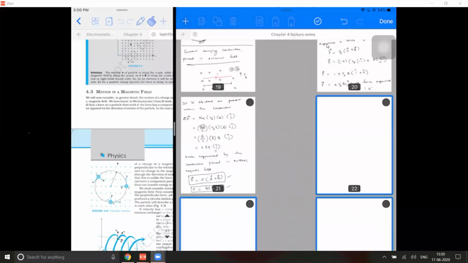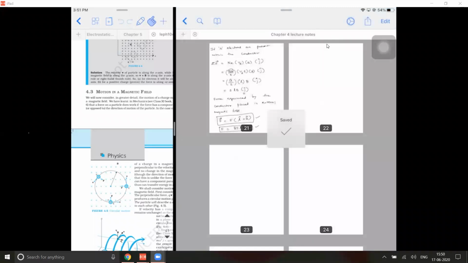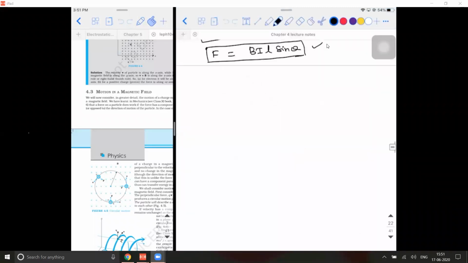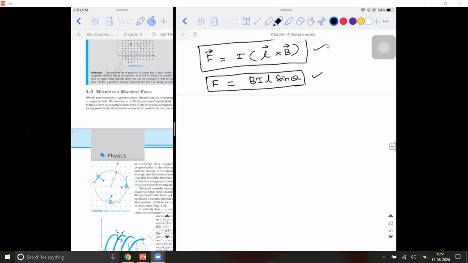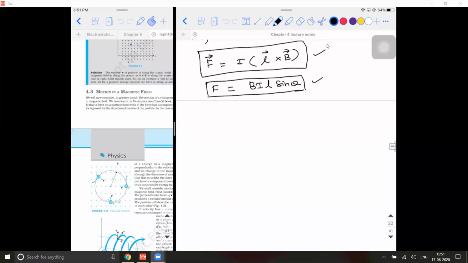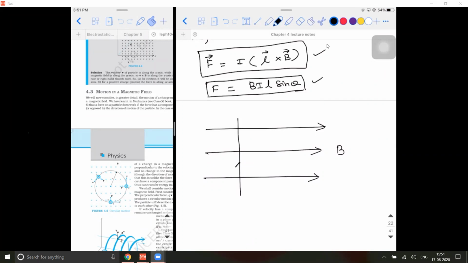So, what I'm going to do is explain how to find the direction of force. One of the methods with which you can find the direction of force experienced by the current carrying conductor is using the cross product. Since you already know this, for example, I give you a question like this. If there is a magnetic field present in this way, let's say I'm placing a current carrying conductor exactly perpendicular to it at an angle of 90 degrees. Let's say the current flowing through the conductor is I and the length of this is L.